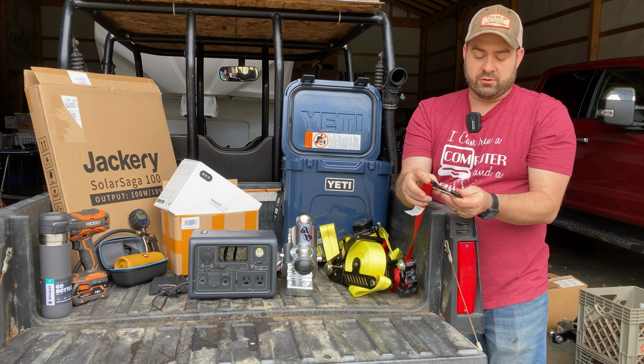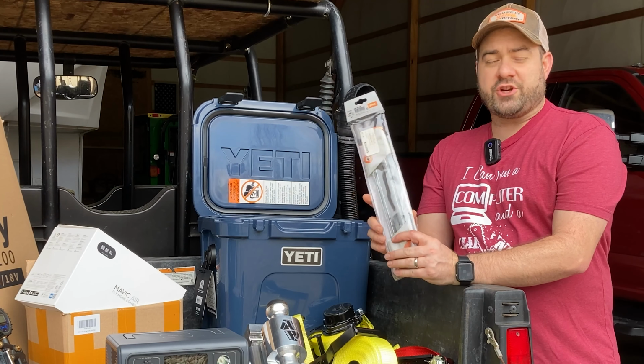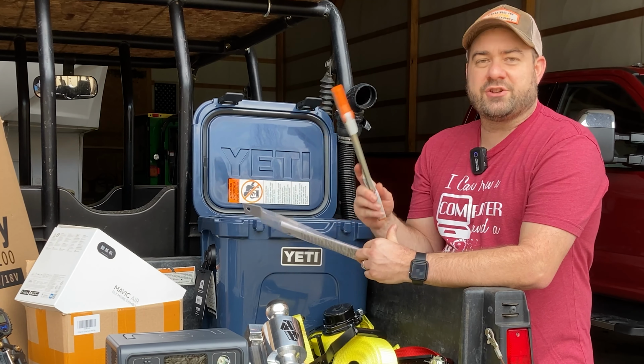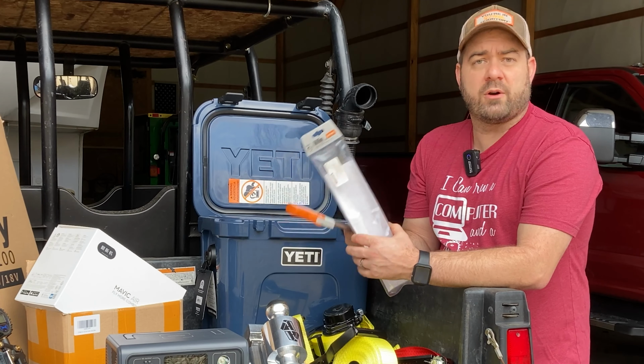Okay, next on my list is a repeat item. This is the Stihl 2-in-1 file guide or chainsaw chain sharpener. I talked about this previously. This is just such a great thing. I use this every single day that I use the chainsaw. I get it out, I just touch up the chain. The chains don't even come off my saws anymore until I'm done with them, or if I'm changing the bar